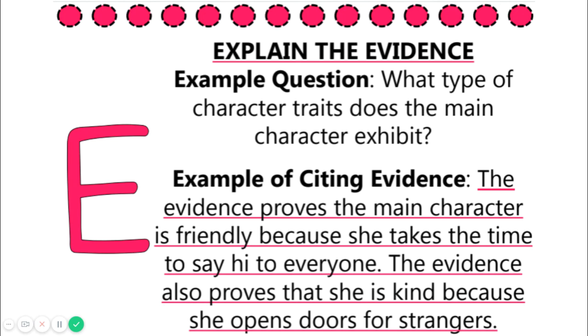Many students leave out the explanation of the evidence. They think it's enough to just go ahead and put in evidence. But your evidence is meaningless unless you can explain how it supports your answer. So don't forget the last one or two sentences where you explain how what you've quoted, your evidence from the story, supports your answer. Once you've done that, you have completed the RACE strategy,